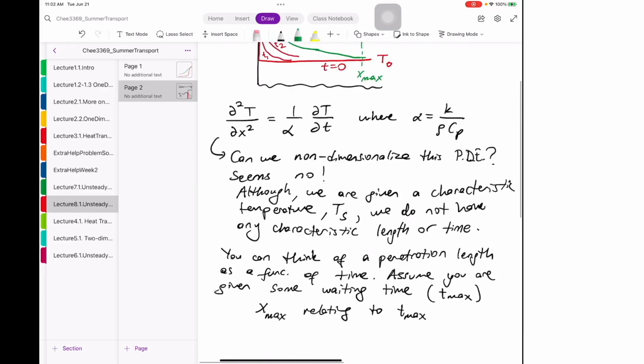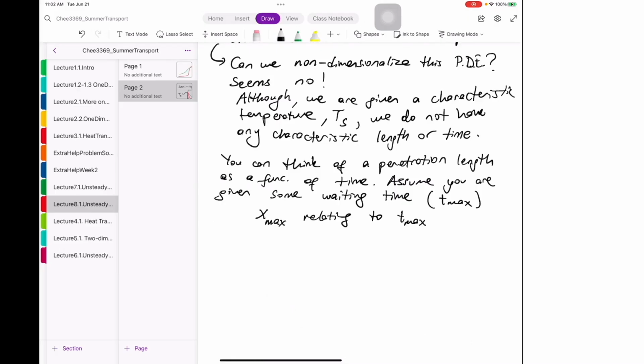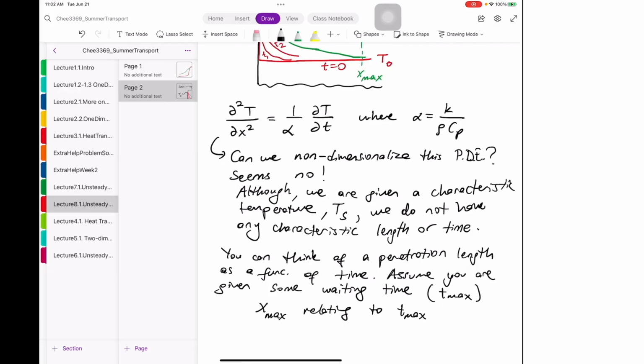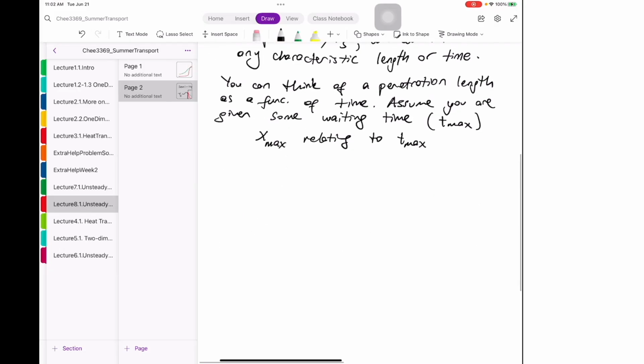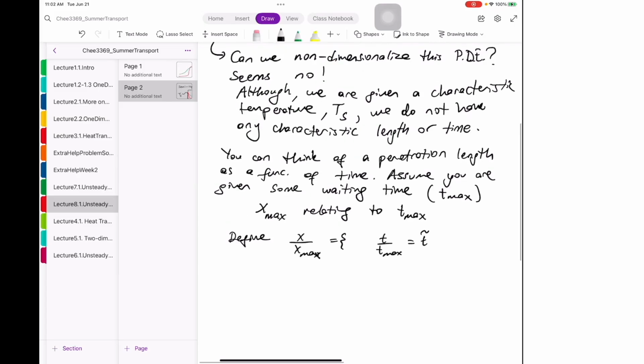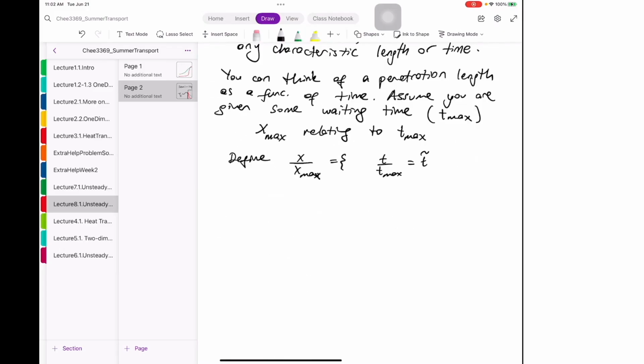And you can do some sort of scaling analysis. For example, you can say, let me define x over Xmax equal to psi, and t over Tmax equal to t tilde. Okay. Now, if I non-dimensionalize using these two, and also theta is equal to T over Ts, for example, the surface temperature,